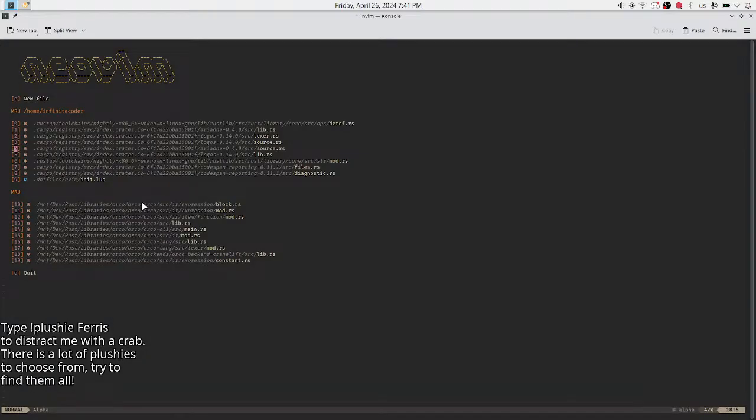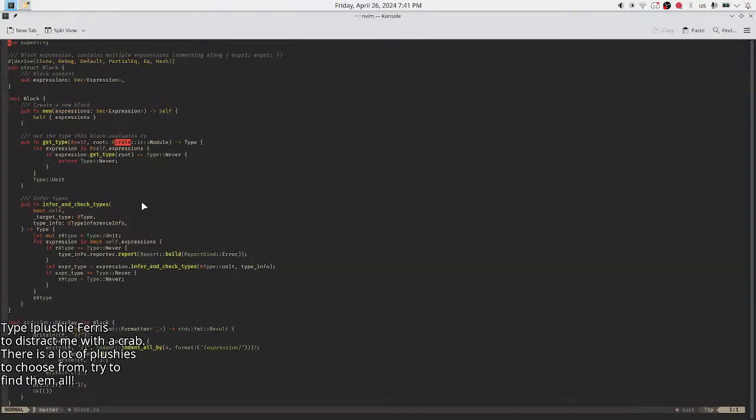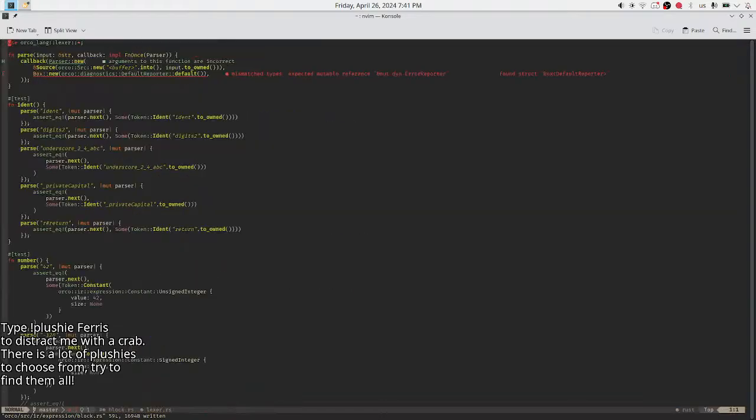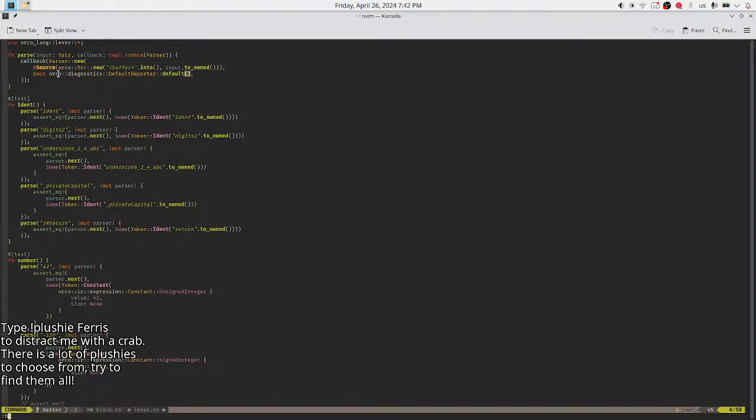Okay. Where was I? Here. Rust analyzer. In lang. Oh, in tests, makes sense. So this is not a box. This is a mutable reference.